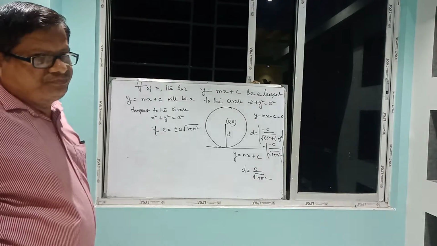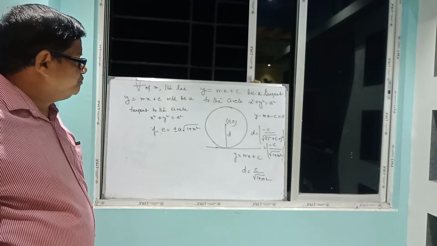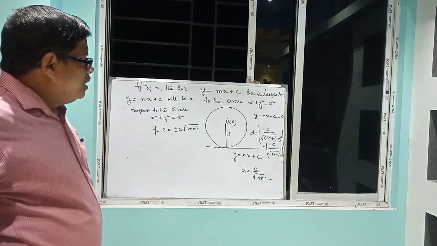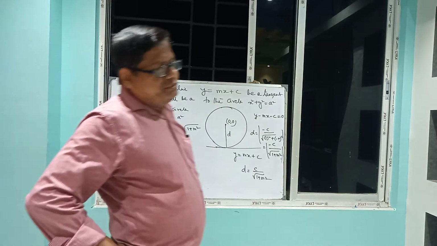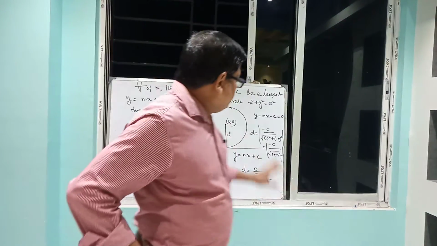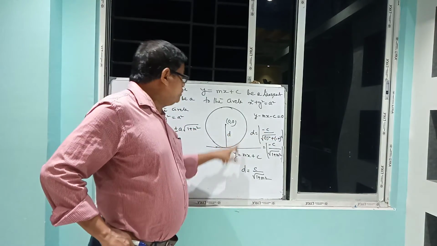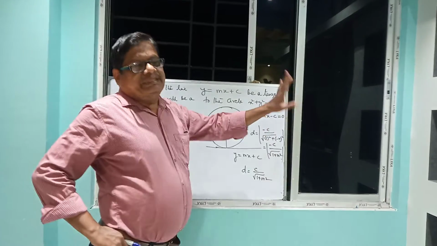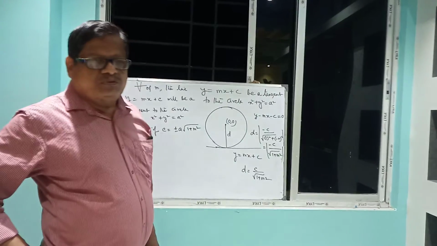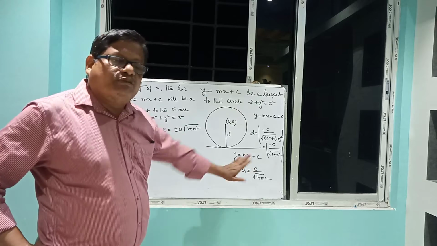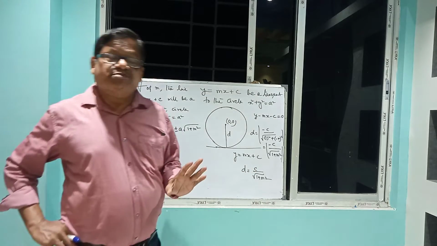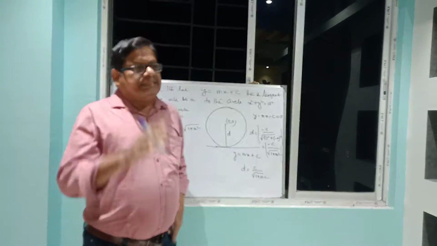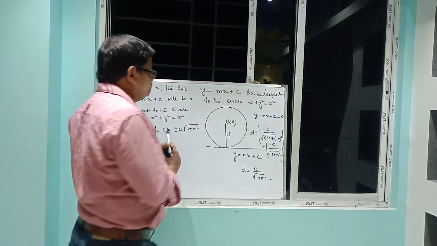Keep in mind. Understood? This is a shortcut method. Another method is there. Just put this value y equal to mx plus c in the equation of the circle, and you will get a quadratic equation form. Then the discriminant is greater than or equal to 0. Okay, then you will get the same answer, the same result. Keep in mind. As I am showing one sum, look at here.